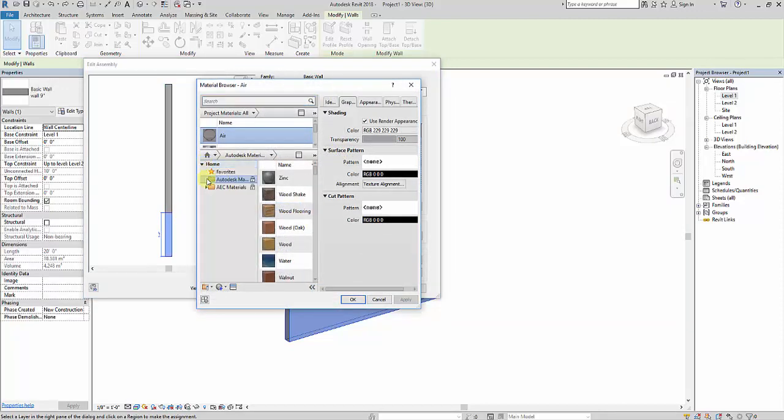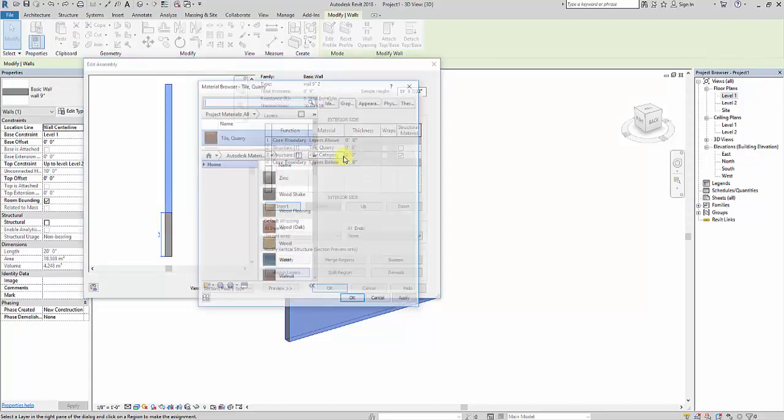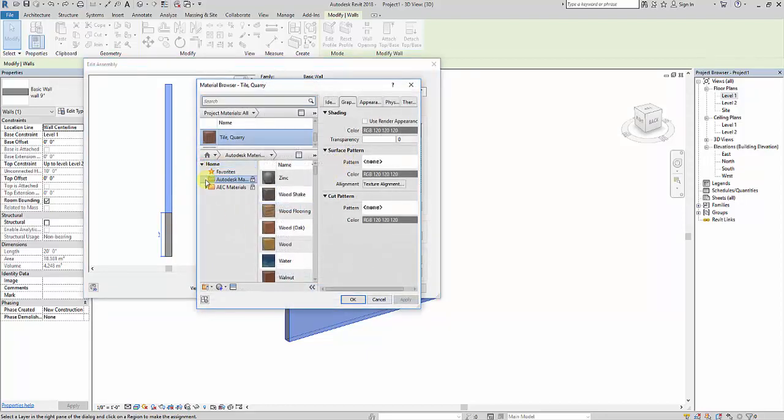And one more thing, it's not necessary that you have to split just once. So if you want, you can split it thrice also. Okay, or twice also. So apply the material as per your requirement. So for example, below I'll apply some tiles. So let me go to tiles and apply tiles here. Next upper portion I'll apply plaster. Here the wall height will be by default 20 feet. Okay, so don't get confused here.